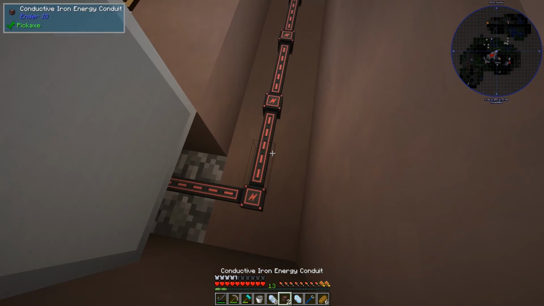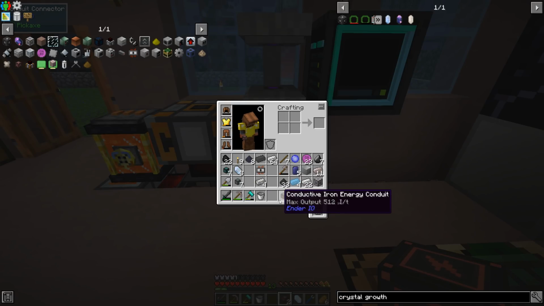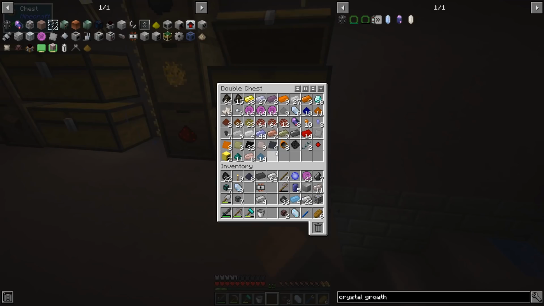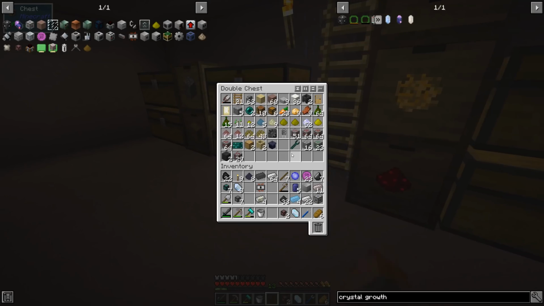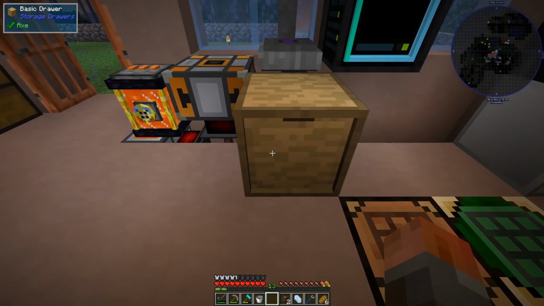So let's grab you and you. And that'll just leave me to have some ability to extract out from there. We can just grab a chest or something. It doesn't much matter. In fact, a storage drawer might do better because it's only a single item. But it's whatever we've got in stock here. We don't have to worry about... Ooh, I've got an actual basic drawer. There we go. So, if we put that in there...